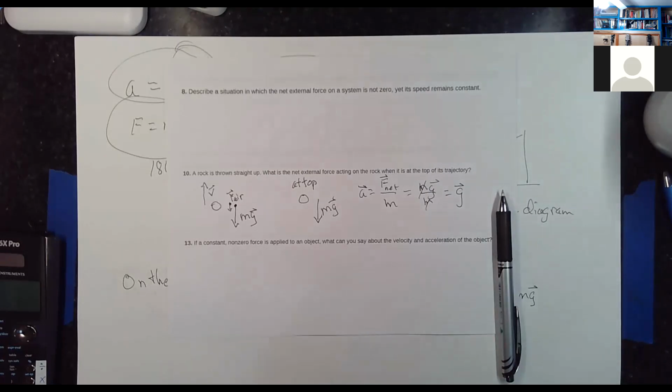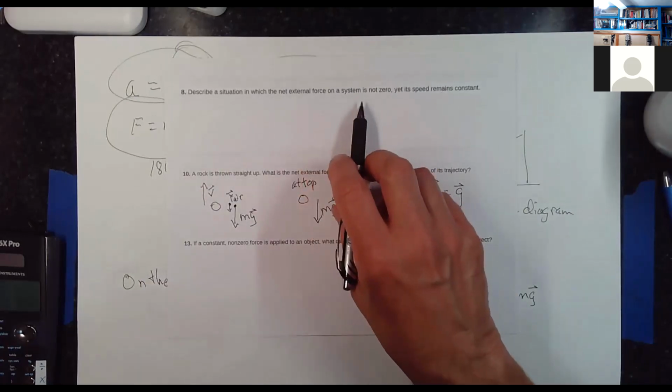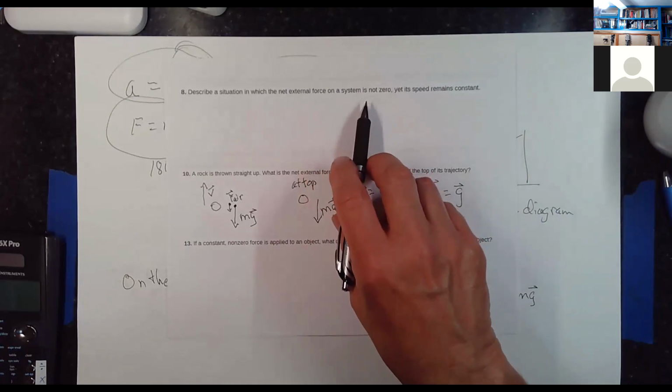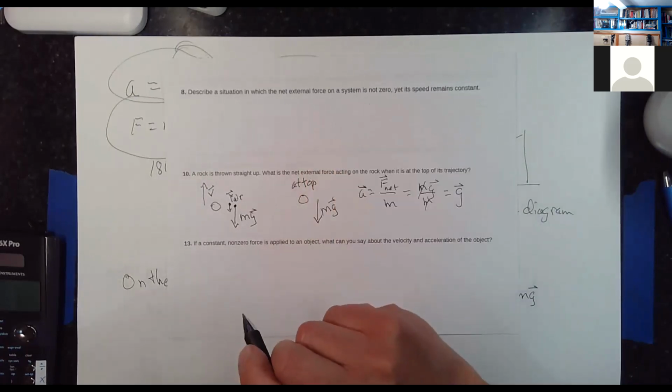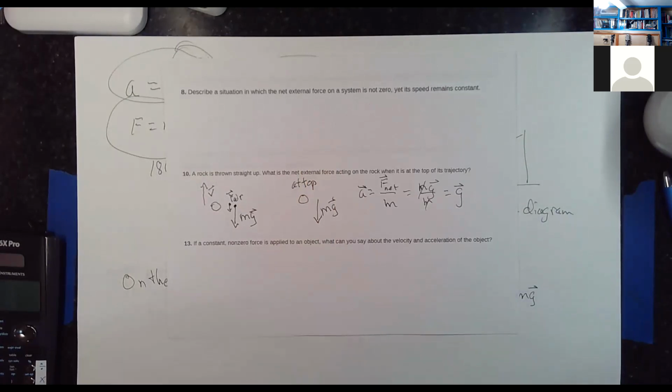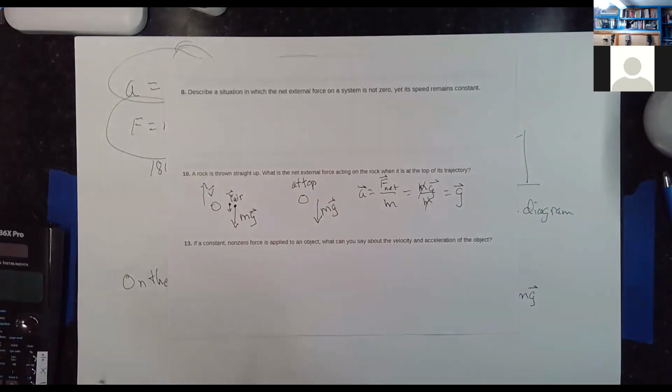All right, let's take another one of these. Describe a situation in which the net external force on a system is not zero, yet its speed remains constant. This may be a little hard to understand. We haven't studied this type of motion yet, but let's imagine that,